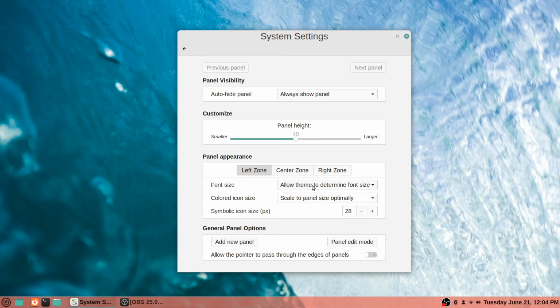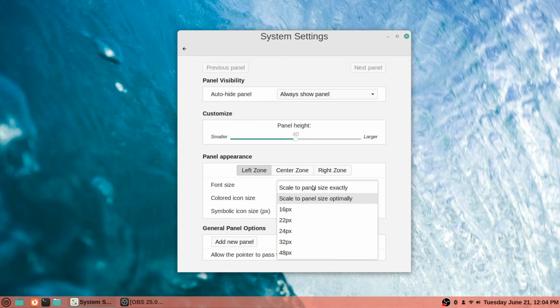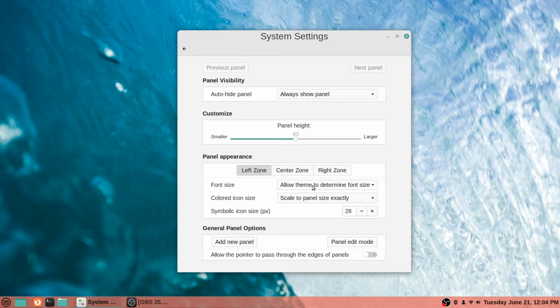Colored icon size, it says scale to panel size optimally. So that's what's going on over here with these. And there are some other options. It says scale to panel size exactly. So if I choose that, you can see it got a little bit larger to perfectly fit the height of the panel. But as a result, things got pushed over a little bit further. That's actually how I like the looks of it personally, but you can change it back to optimally